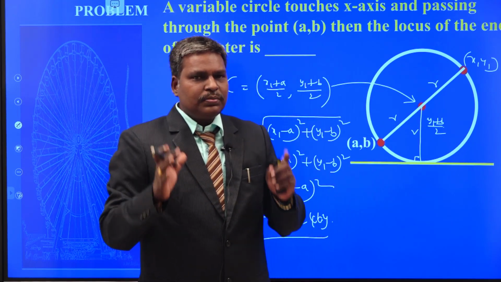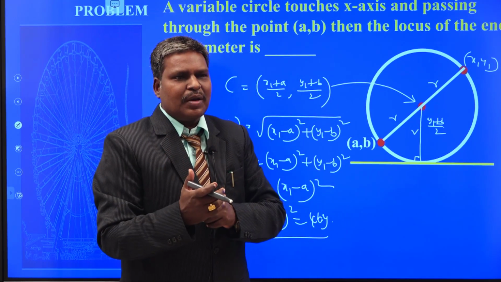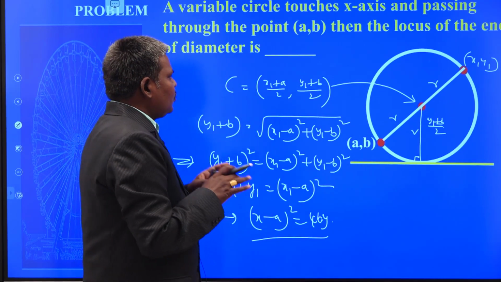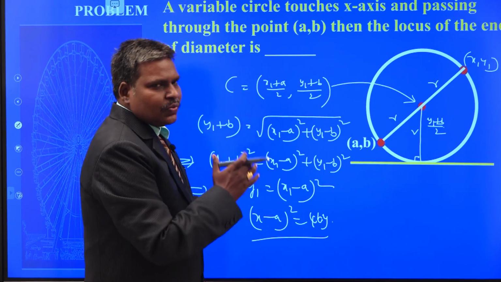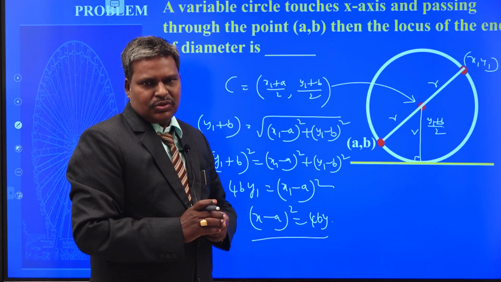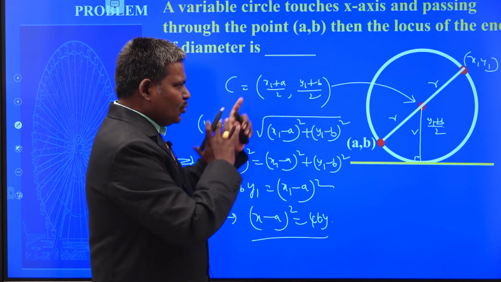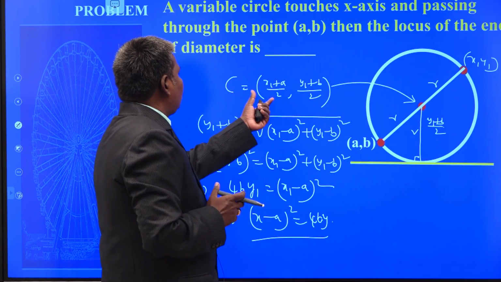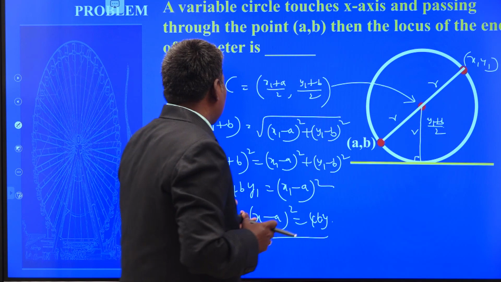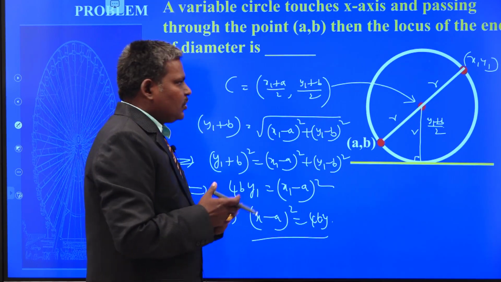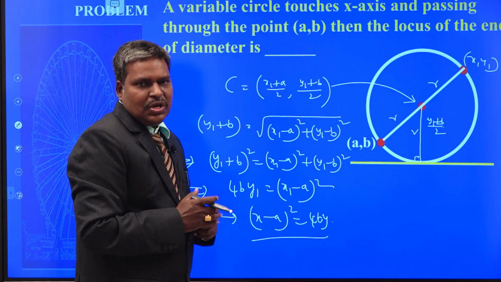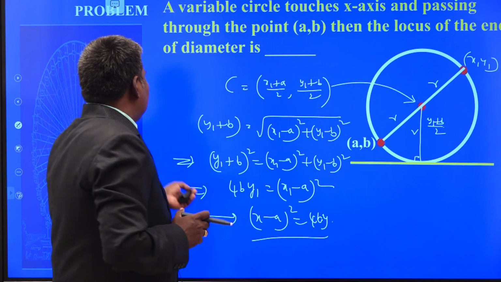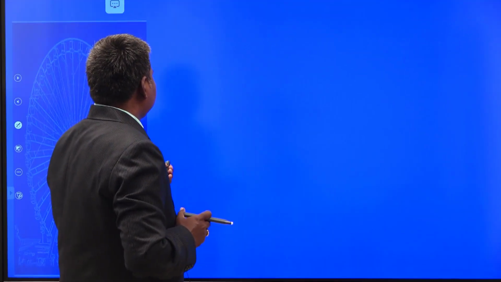So no need to remember all those formulas. Once you know the formula, it is better to do the problem in a short time. Even if you have no formula, by the diagram itself, you think once again, you can crack this type of problem also. In all locus problems, you have to imagine how to draw the figure, how to avoid the equations, how to do the conditions, how to obtain the solution. You have to think all these things. Without confusion, you can crack this type of problem once you know the concept thoroughly. This is the other method. Let us see one more problem.